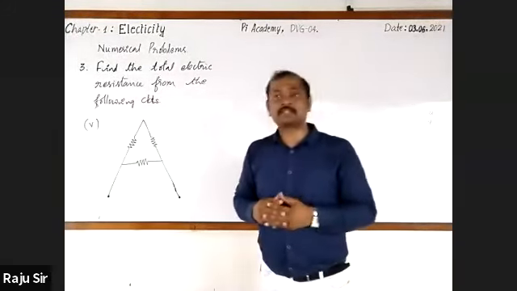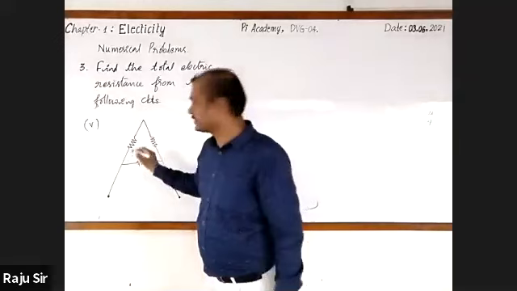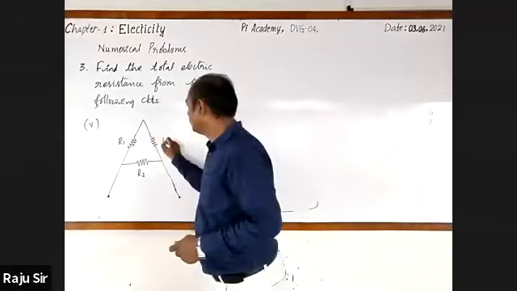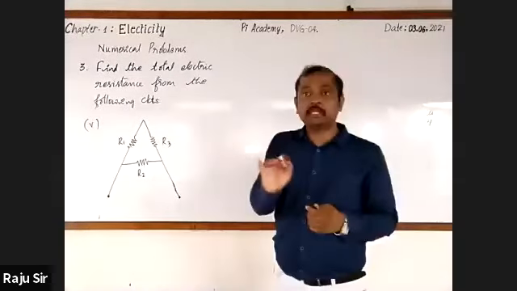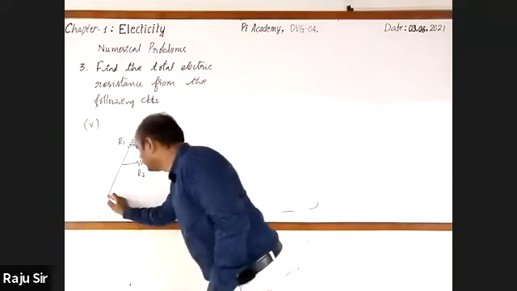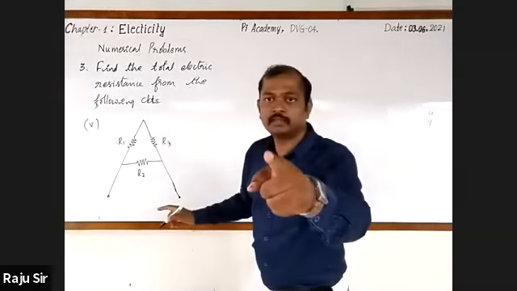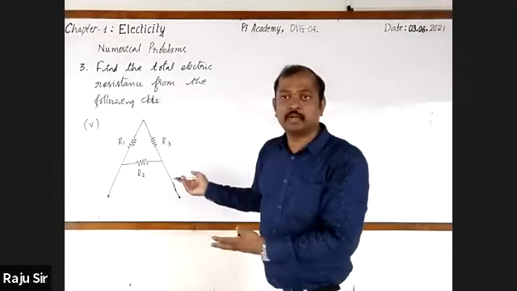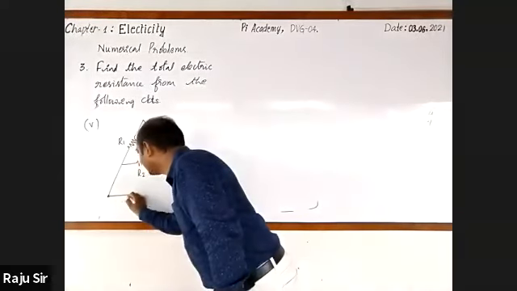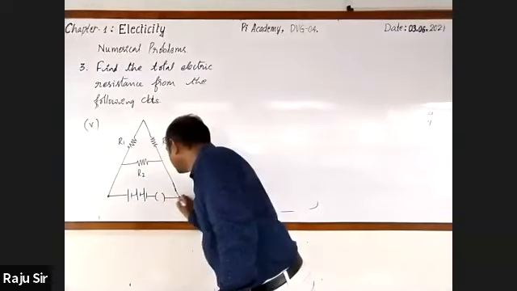It is mixed connection. Let me tell you why it is so. First, I'll go for naming these resistors. This is the first resistor, this is the second resistor, and this is the third resistor. To make you understand, I'm going to complete this circuit diagram. Observe, these are the 3 ends of the resistors. Adya, definitely you can go for redrawing this one. I'm going to show the same only. The 3 ends are connected to the terminals of a battery. This is the battery along with the switch.